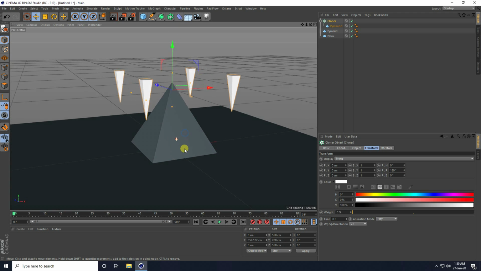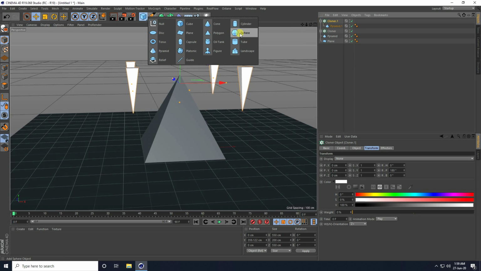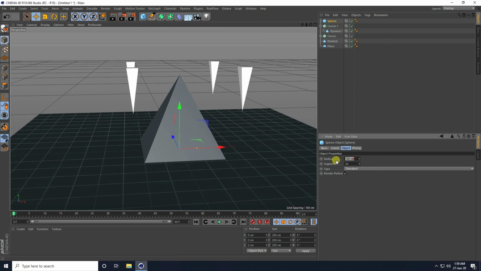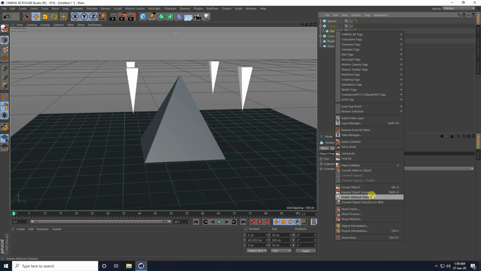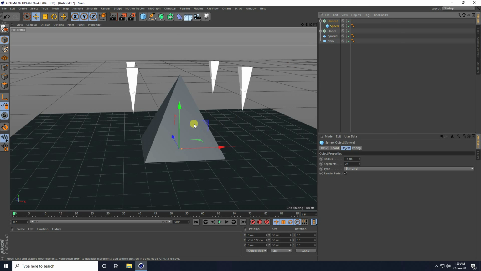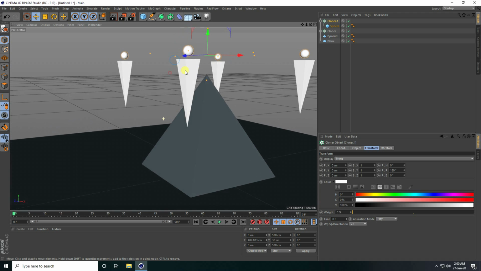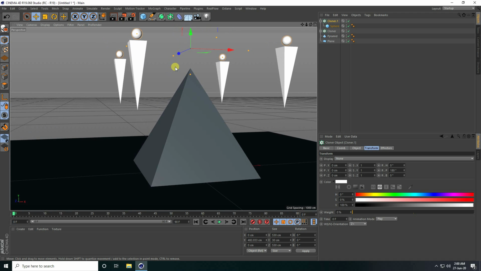Okay, all is good. Now guys, I take one more. Select this cloner and copy. This time I take a sphere, and I take the sphere radius as 15 centimeters. Delete this one pyramid without its children, select this sphere and make it a child of cloner 1. Select cloner 1 and go up like this, simple. Right, that's my simple composition.